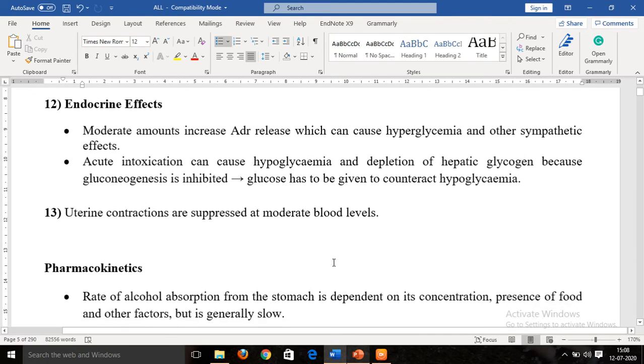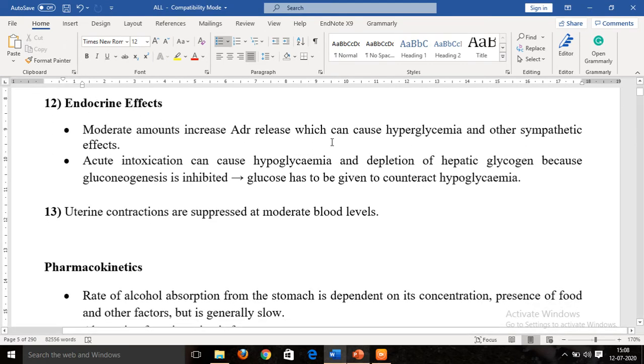Then next, coming to the effects on the endocrine system. Again, these effects will depend upon how much alcohol is being consumed. Suppose the person is consuming a moderate amount of alcohol, it will result in an increase in ADR release, that is adrenaline release, from the adrenergic neurons. It is a neurotransmitter at the adrenergic system or sympathetic system. So release of ADR will be increased, because of which